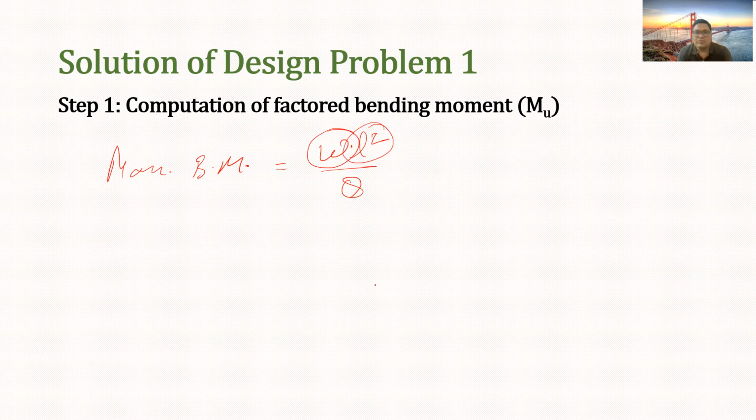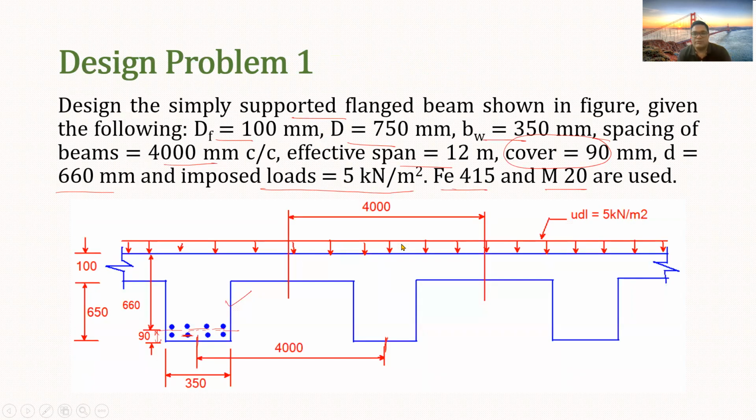UDL. To calculate this W, first of all, we have to understand how this load will be supported on the flange beam. One more thing that I forgot to tell you. In this case, you can see there are different beam groups. These different beam groups are making different flange beams. So we can assume that this is acting as a flange beam, which is like this. You can see all the beams are same. Therefore designing one flange beam will be enough because other beams will be identical to it.